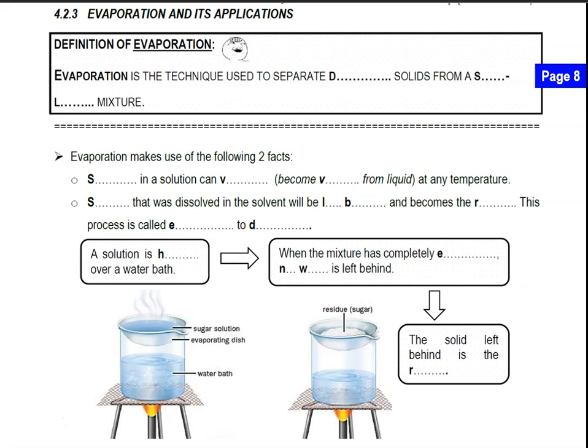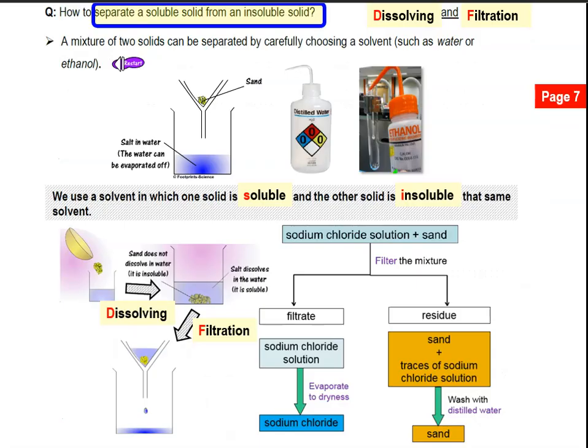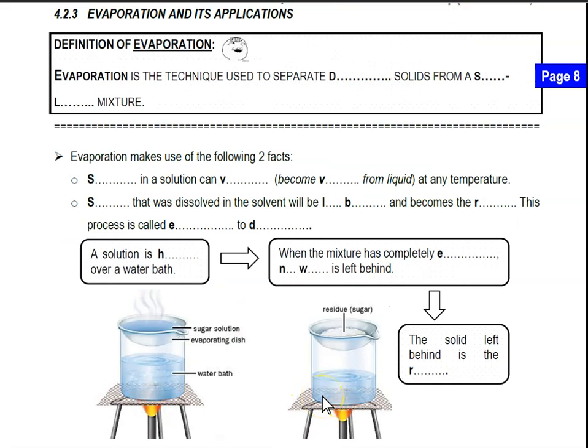Take for example that we saw earlier, which we used sand and salt. And then we use water, distilled water, because distilled water is able to dissolve your salt. Therefore, your sand will be left behind and your salt will be in the solution. And if you want to get salt, then you will have to evaporate to dryness to get your solid salt crystals back. Now, the third method that we're going to be discussing today in great detail will be the technique